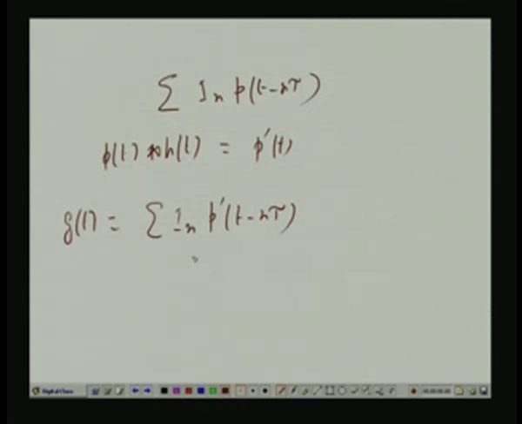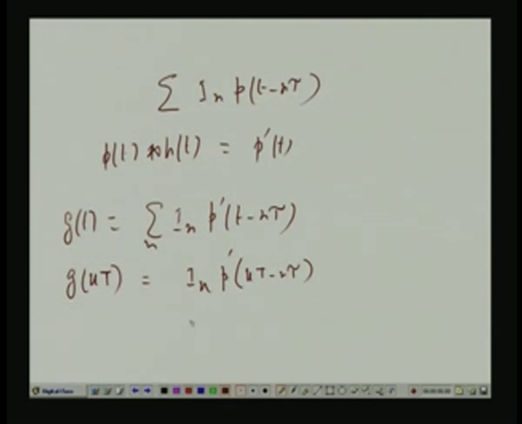So, that means I will have intersymbol interference. If I want to find out, say, if I want to sample this at a particular tau, the summation is over n. Suppose I want to find out at k tau, k T, I sample. What will I get? I_k p prime (kT minus n tau)